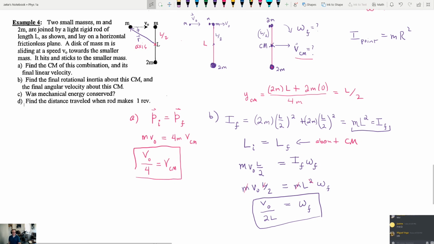What time is it? We started at like 18 after. We are really long. I'll leave the last two for you to do yourself. Part D is just not very interesting, but you can find for yourself if mechanical energy is conserved. I don't think mechanical energy is conserved in this case. In fact, I don't think it possibly can be, because it's an inelastic collision, perfectly inelastic for that matter. And if you remember the problems we did in the momentum chapter, when you have inelastic collisions, the energy